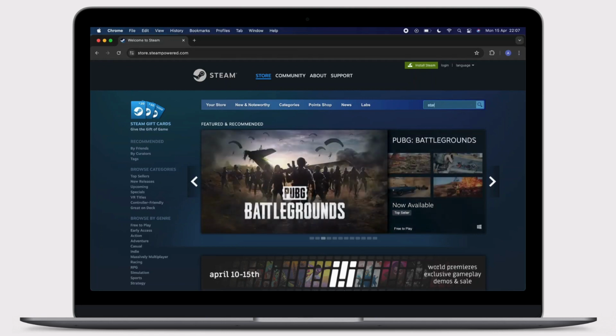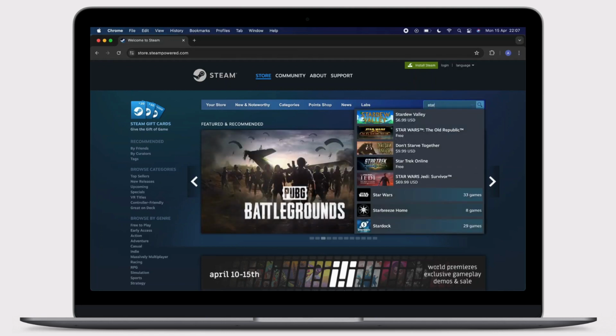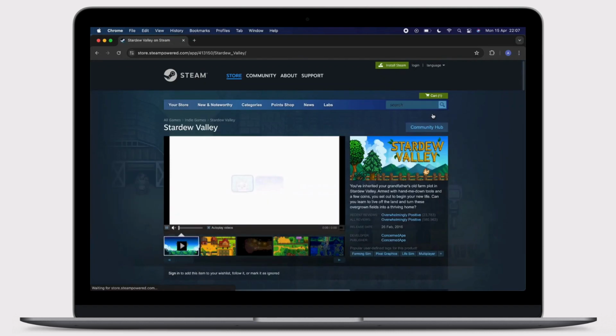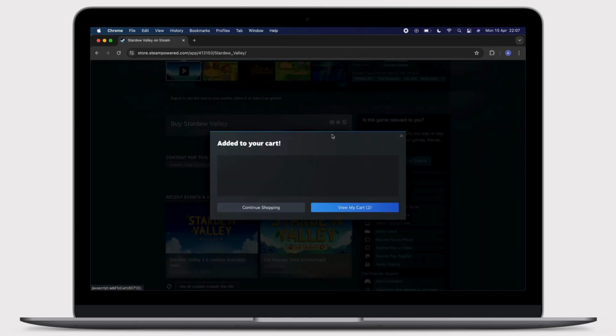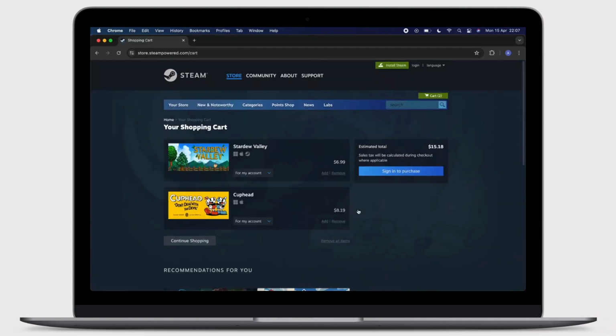Type Stardew Valley. Now, simply scroll down and click on Add to Cart. Then click on View My Cart. There you can see my cart has Stardew Valley. Now, click on Sign in to Purchase and it will start your payment process and it will be downloaded in your